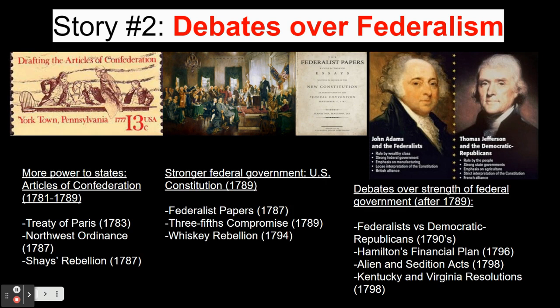Ultimately, the Constitution was ratified by 1789 with the help of the Federalist Papers, which were a series of essays written by Alexander Hamilton, James Madison, and John Jay that made the case for the benefits and necessity of the new Constitution. The Federalists were also able to persuade many Americans to support the new system by promising to add a Bill of Rights, which would guarantee people protections against the federal government.